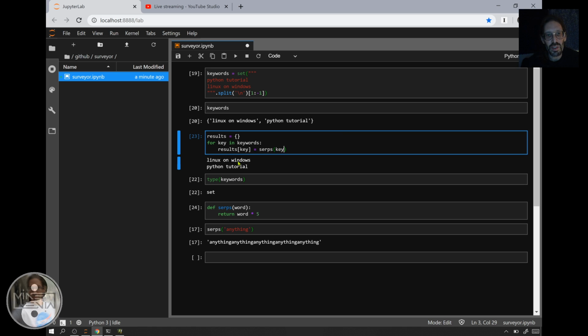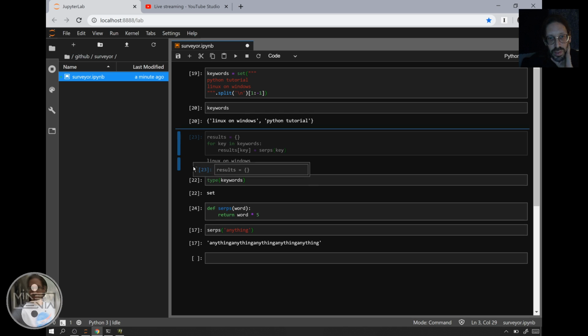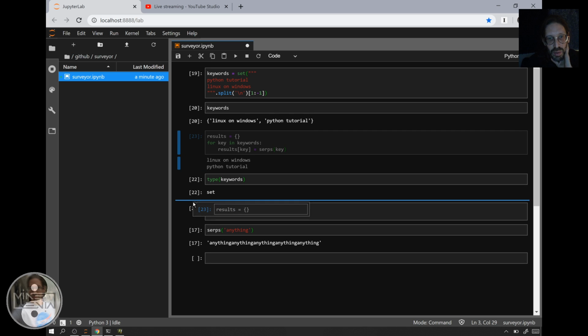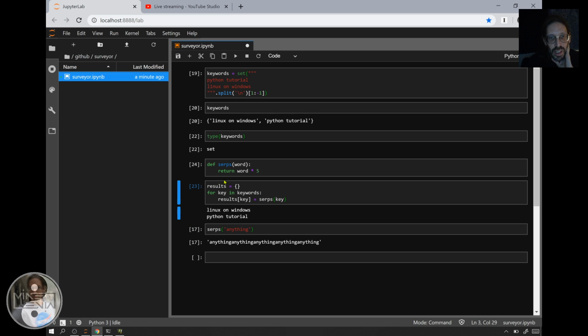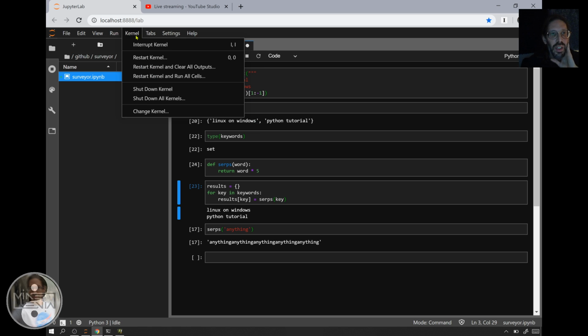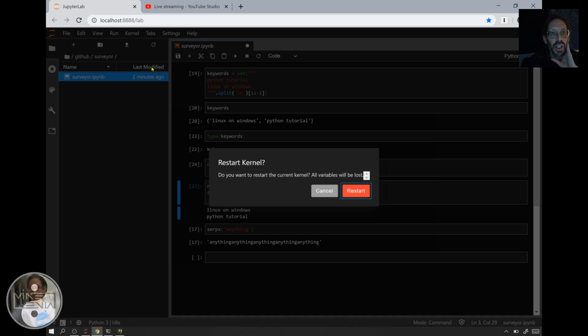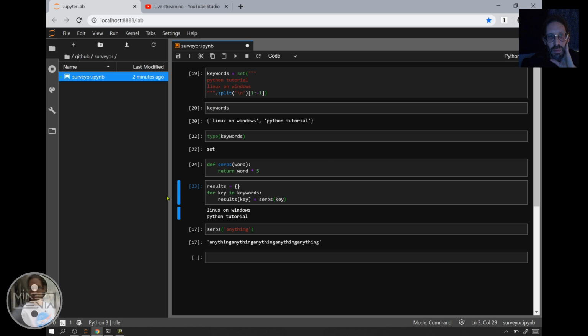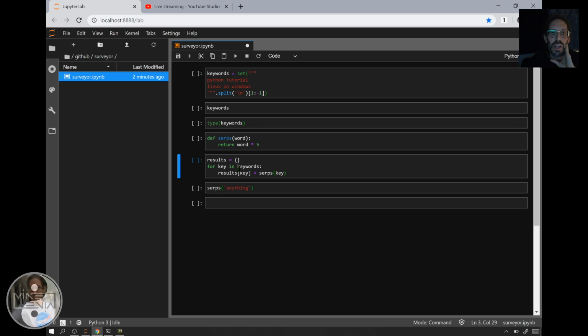Keyword in there. Now things are a little bit out of order here, and probably we should have the use of a function underneath of the function definition. So, if we were to run it all in order, it would come out well. In fact, for clarity's sake, one of the best things to do is to restart and clear all outputs. It gets everything that might have been in memory out of memory, and makes things quite a bit easier to